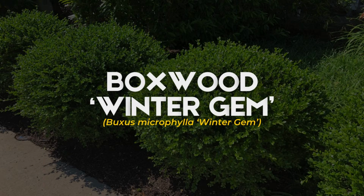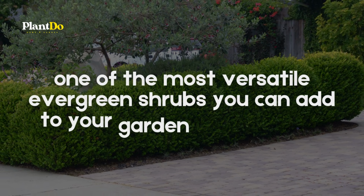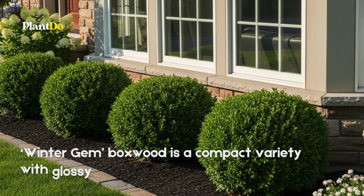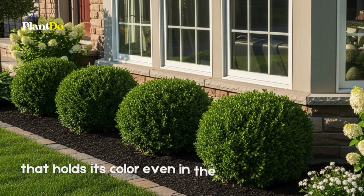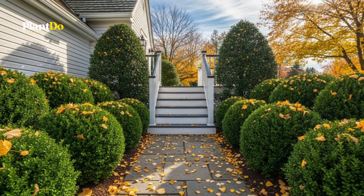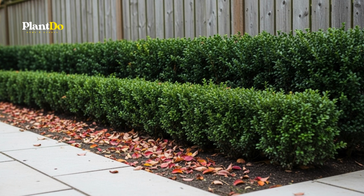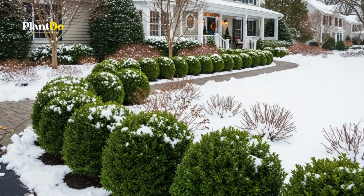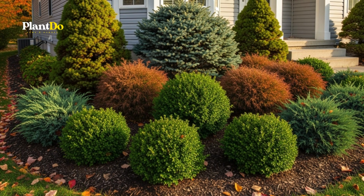Let's start with the timeless classic, boxwood, one of the most versatile evergreen shrubs you can add to your garden this October. Winter Gem boxwood is a compact variety with glossy green foliage that holds its color even in the coldest months. Its naturally rounded form makes it an easy choice for edging walkways, shaping into formal hedges, or using as neat foundation plants. Unlike some evergreens that fade or bronze in winter, this cultivar keeps its fresh green look,